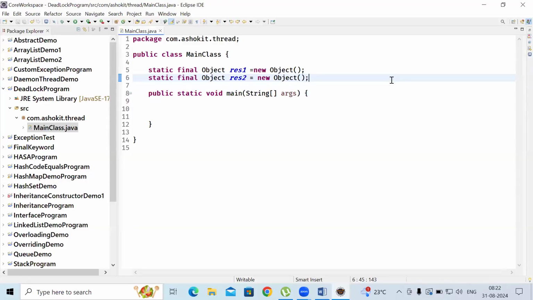Okay. Static final Object res1, Object res2. Two objects are there. Now next, I'll show you. Runnable task1 is equal to, arrow token,